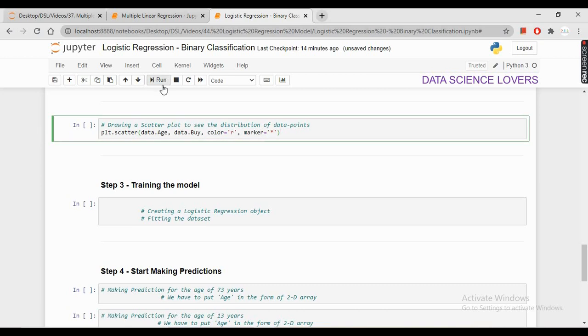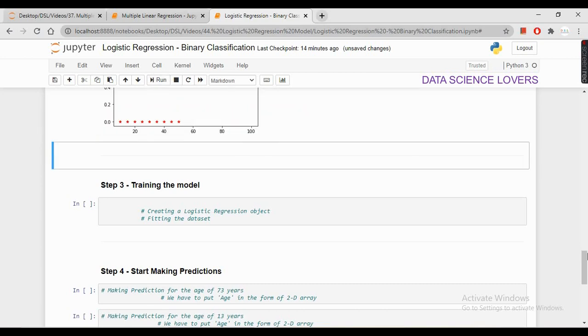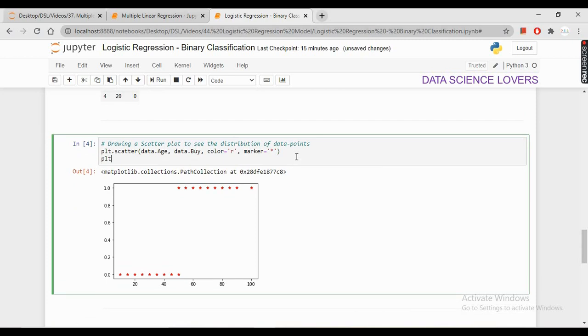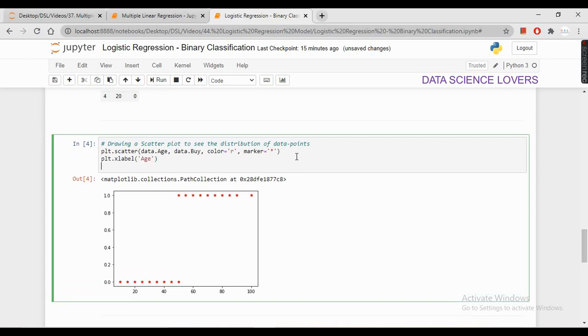If I run this, then this is the scatter plot. We can give labels to the x and y axis also, plt.xlabel. On the x-axis we have our age, while on the y-axis we have our buy, meaning yes or no.